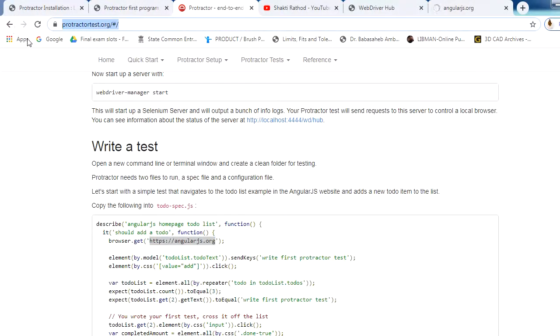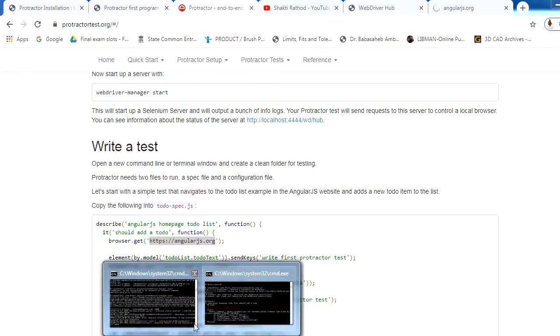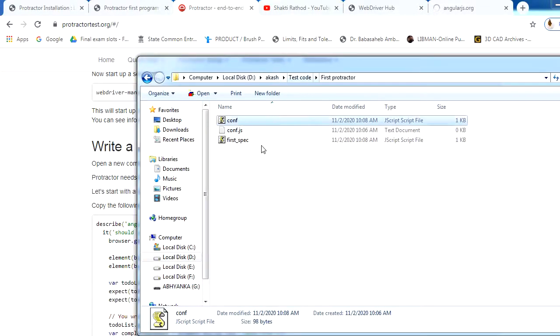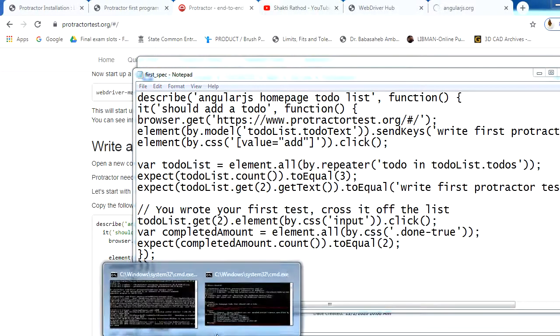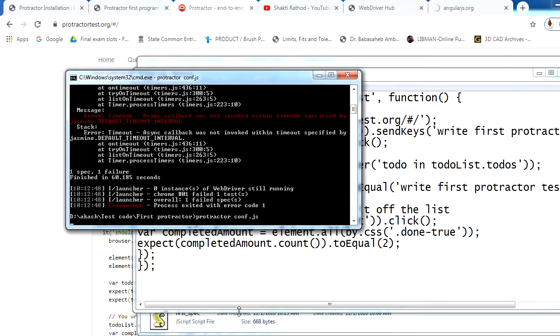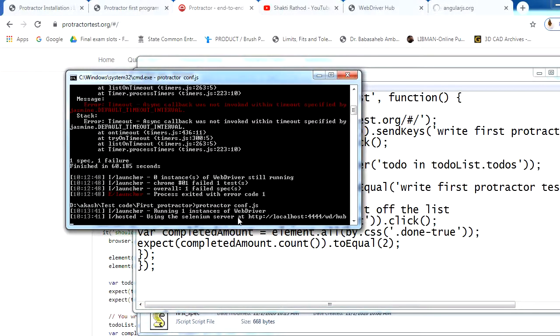So what I will do is give this website in our code. But what will happen is, because I have given this website, our below test case will fail. Okay, I will run it again.